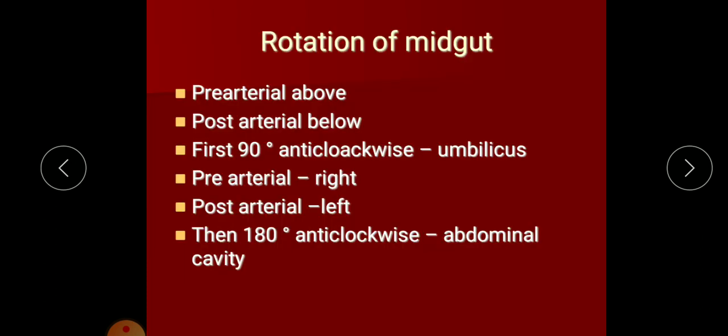What will happen as a result of that rotation? The pre-arterial segment will come to lie on the right side and the post-arterial segment will come to lie on the left side. So that is the first rotation that you should be familiar with. Now what happens is